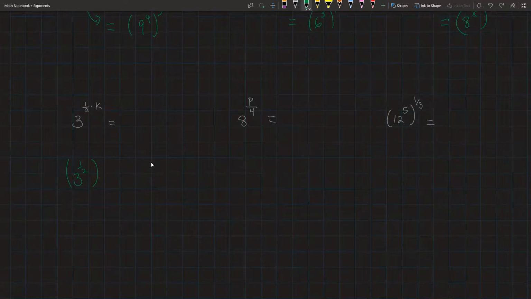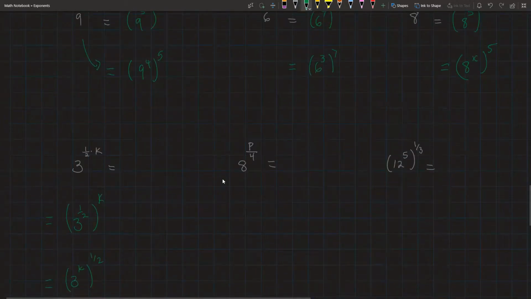If you don't know what 3 to the 1/2 means right now, don't worry about it, to the k. Or it could also be written as 3 to the k to the 1/2. And yeah, if you want to write it as k over 2, that's fine as well, but that was not the point of this one. Because here I want you to recognize, all right, this is p over 4, but therefore we don't have a